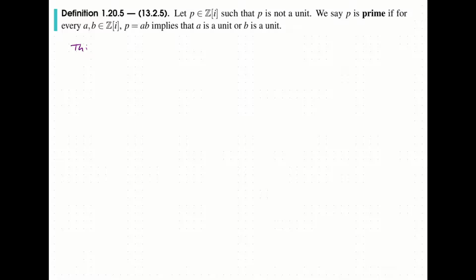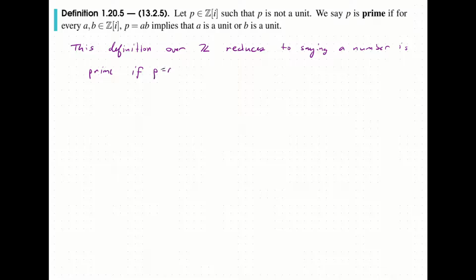So this definition over Z reduces to saying a number is prime if p equals ab implies that a is equal to plus or minus 1 or b is equal to plus or minus 1, since those are the units in Z. So as a consequence, we get that under this definition, negative 5 is prime